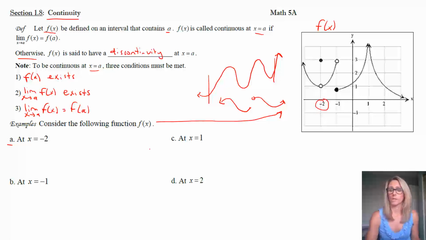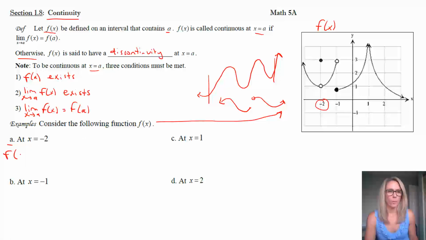What I want you to do for each of these, A, B, C, and D, is think about whether all those conditions apply, or whether any of them are missing. Because if we don't have one of them, we don't have continuity. So when you look at x equals -2, just by looking at it, do you think this function is continuous or discontinuous at x equals -2? And what we would then do is show in this more formal way whether it is or not. We can't just say yes or no. So let's check our conditions.